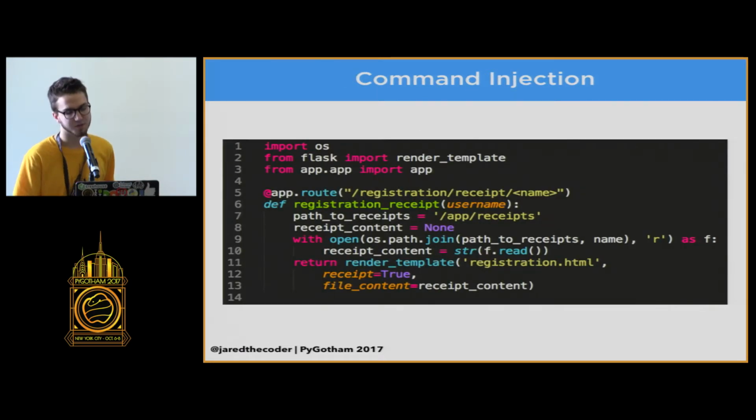So command injection is a more generic form of SQL injection, when we run a command on the server. So think of something like remote code execution. But an example here is what if you take a path, or you take a receipt name. The receipt has a name that's a user, and you want to get the receipt for that user for their conference registration. So what you do is you name the receipts after their name, and all you're going to do is find the path on your machine where that receipt lives, read that whole file, and then return that file content to the user. Now, if you pass into the username something like